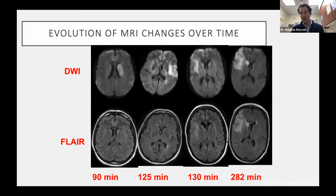One of the tools and approaches that had been suggested to treat wake-up stroke is using imaging essentially as a proxy for time, right? So what we know is that in the MRI for acute stroke, the two sequences that we probably care the most about would be diffusion-weighted imaging, which is what you see along the top in this panel here, which shows us evidence of an acute